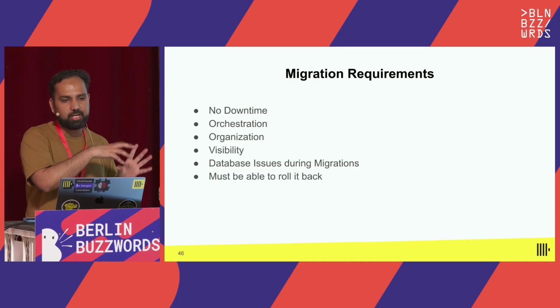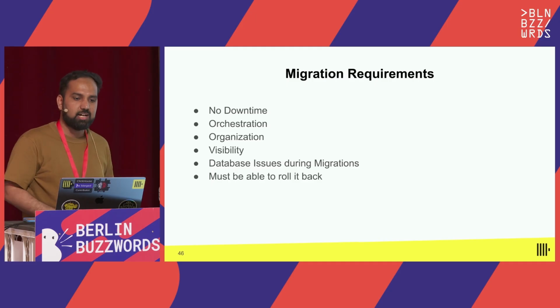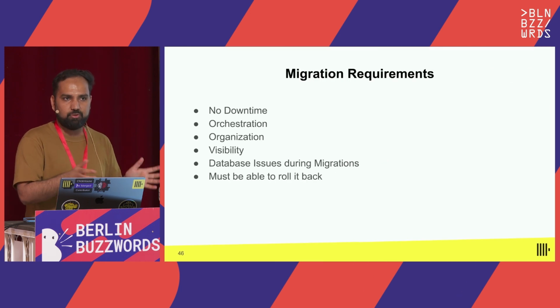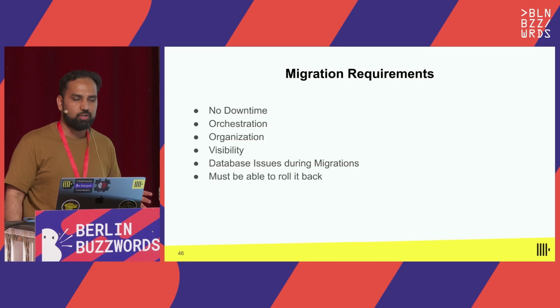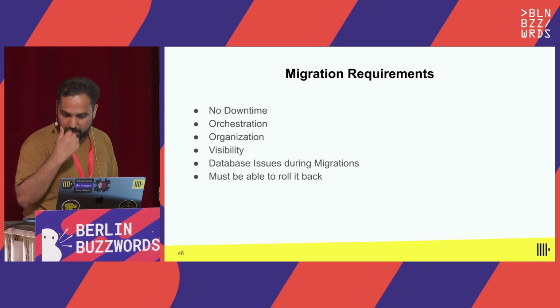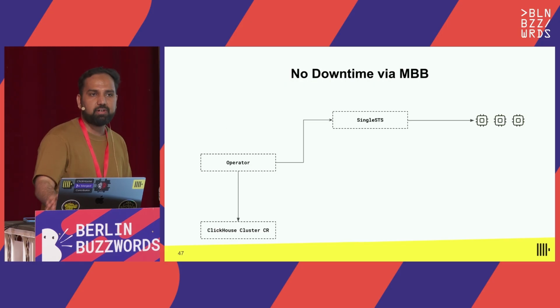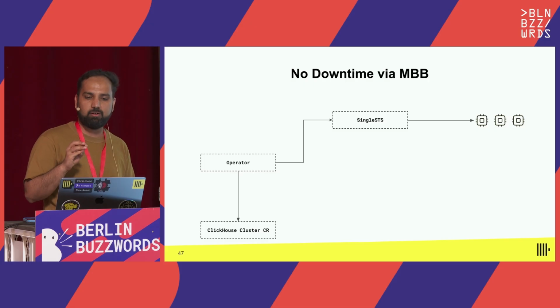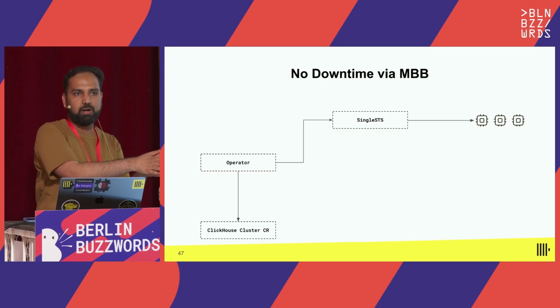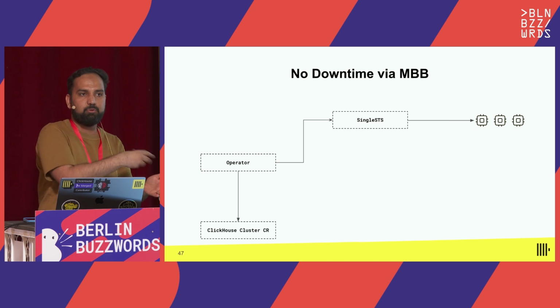And because this kind of approach will come with its own cost, ClickHouse as a database, it's not really trivial to add and remove replicas. So when you do that, it introduces new failure modes that the database has not dealt with before. So you need to be able to think about it and combat it. And of course, you need to be able to roll it back. So in a funny way, what it ended up looking like was that make before break, which is the end-goal feature we want to power, ended up being the mechanic of migration itself as well, right?